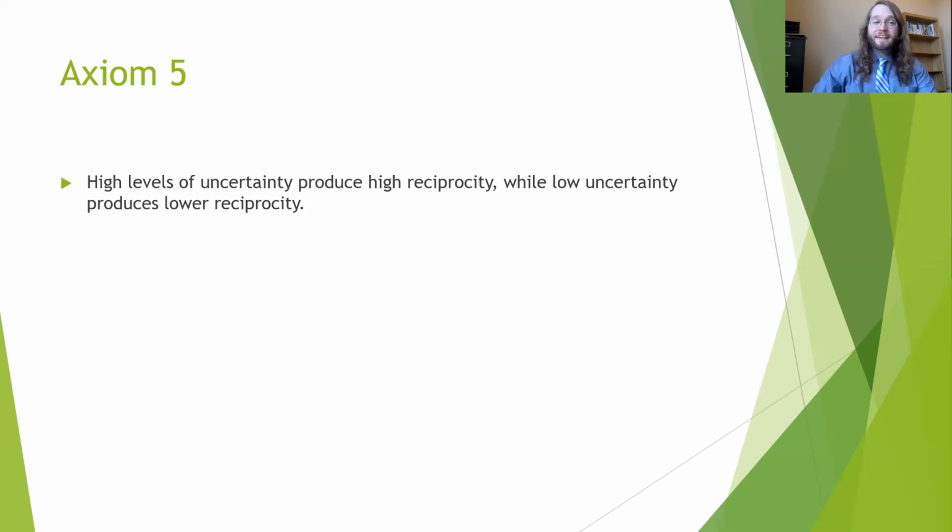Number 5 is the idea that when we have high uncertainty, we have a lot of reciprocity, and lower reciprocity with lower uncertainty. This is a tricky one. In other words, if we don't know other people very well, we have very reciprocal communication. It's very one-to-one. How are you doing? I'm okay. How are you? I'm okay. What are you up to? Not much. What about you? It's very staccato and back and forth. When we know people well, we're more willing to let one person vent or have a more one-sided conversation. It's less reciprocal as we get to know and trust people better.